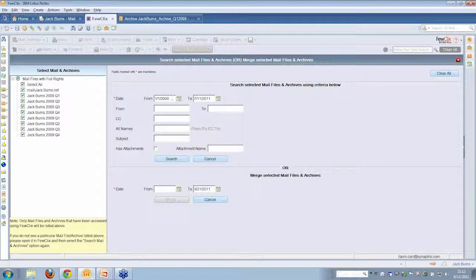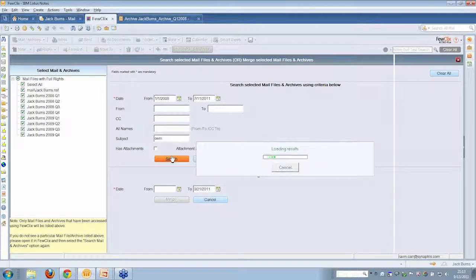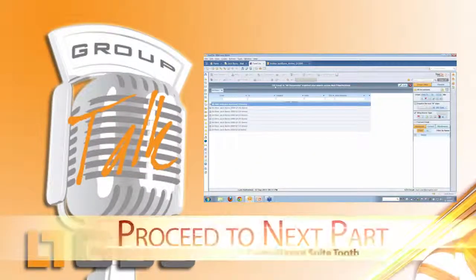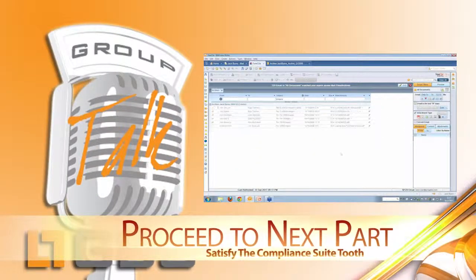And then you can say, okay, I'm going to search through all of my emails starting from January 2008 till date. And I'm interested in, for example, let's say that I'm looking for all emails with an OEM contract, right? So I'm going to say the subject as OEM. And those are the messages that I'm looking for. So I say search, and there you go. In about